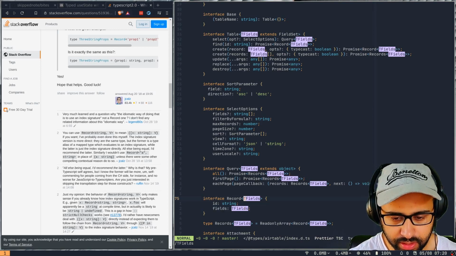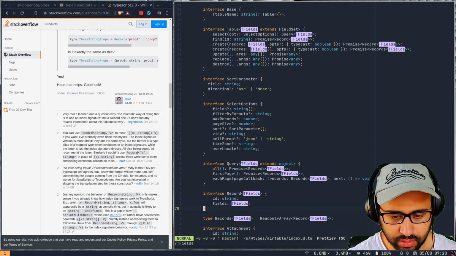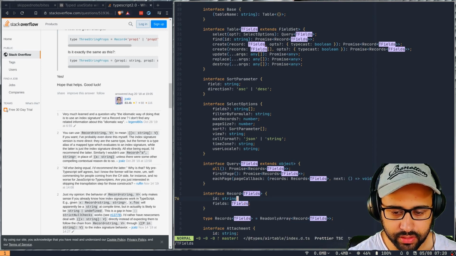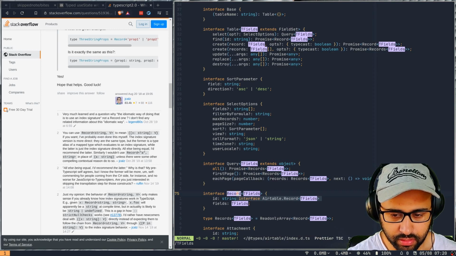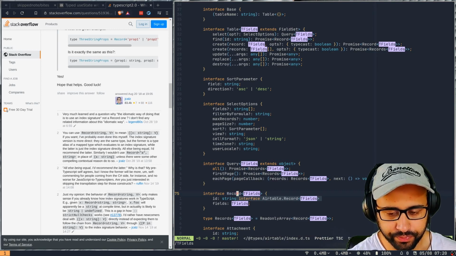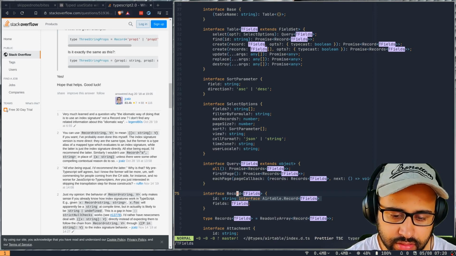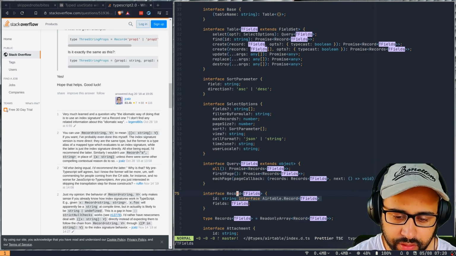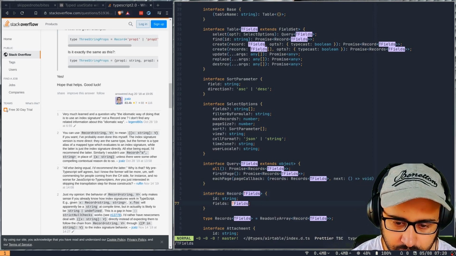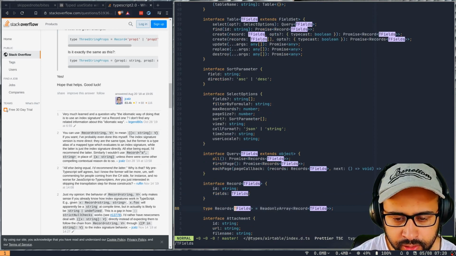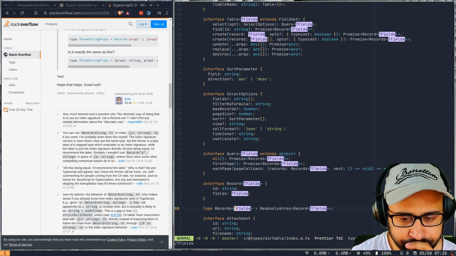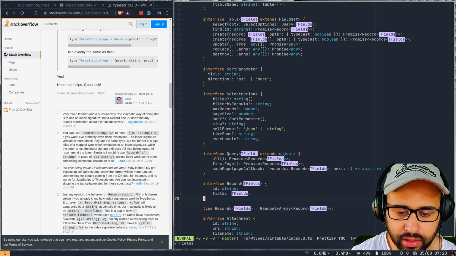But the confusing bit is, what do I do with T fields, right? It's an Airtable record and it has a type T fields which has a property called fields, right? So we already have a fields property, and okay, so what if we type the record?